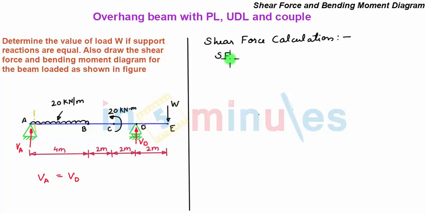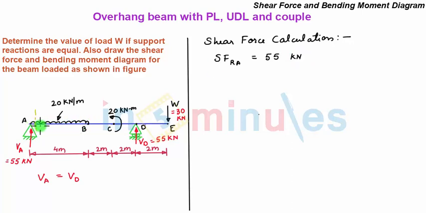So shear force towards the right of A. Let's take a section towards right of A and very near to it. If you consider the left hand side of section, we see that the only force acting is the upward reactive force VA of magnitude 55 kilonewton. So we have plus 55 kilonewton. There is a small amount of force due to this UDL which is acting at a very small distance very near to A, so we can neglect it. Hence the total shear force towards right of A is 55 kilonewton.